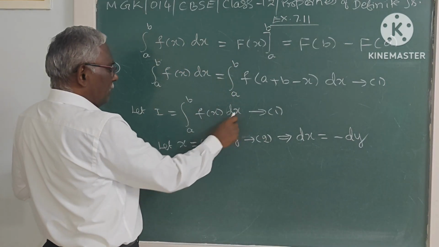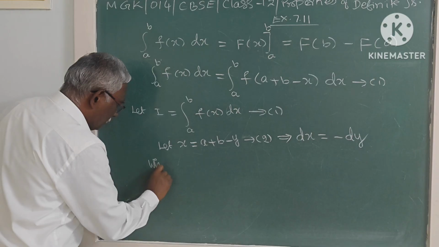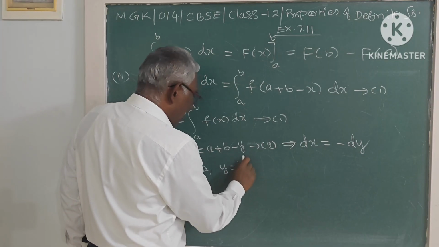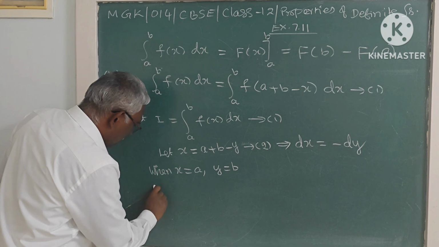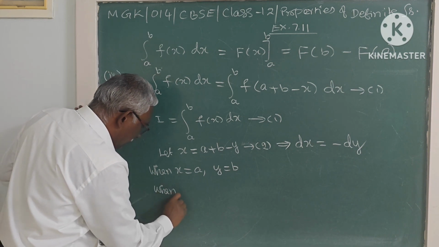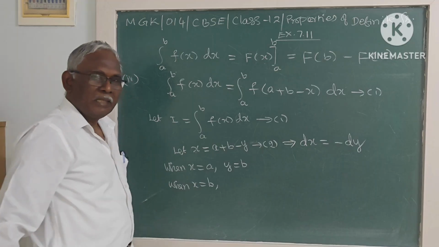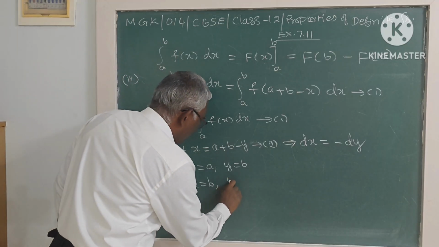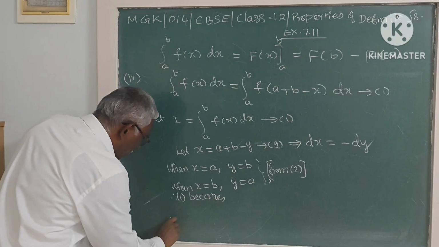Here x varies from a to b. When x is a, y is equal to b. When x is equal to b, y is equal to a. From 2, I is equal to integral